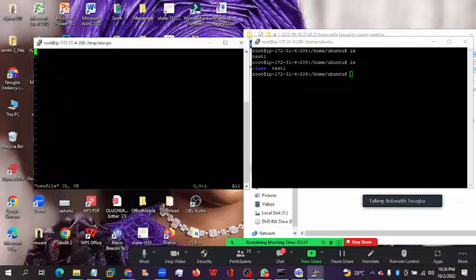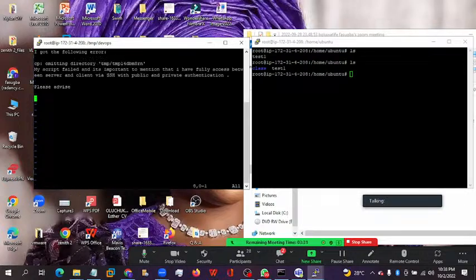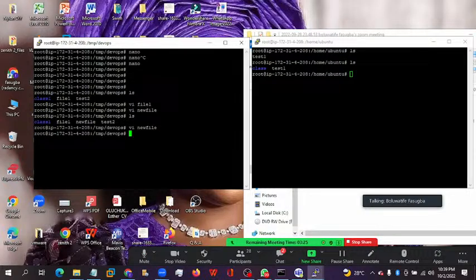Okay, so now let me paste this text here, and then you remember what I told you to save anyway. So to save, you just do your WQ. Okay. If you remember, another way for